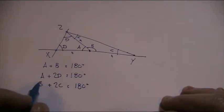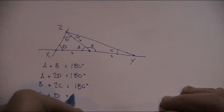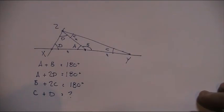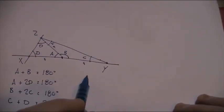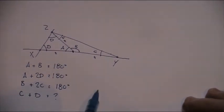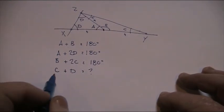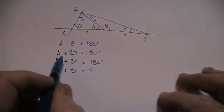We need to know, or we would like to know, and I'll explain why we need to know this, that C plus D equals something. We don't know what, but it's actually easy to calculate. So if we substitute, for D,